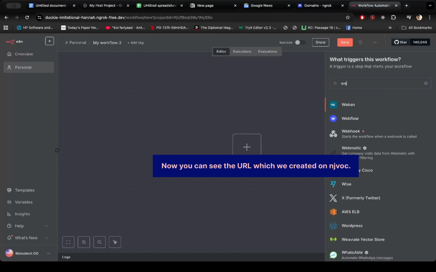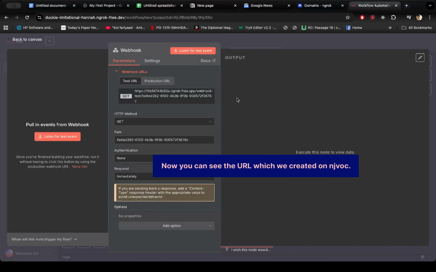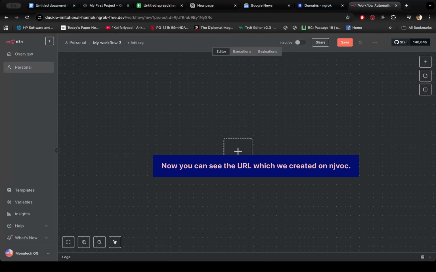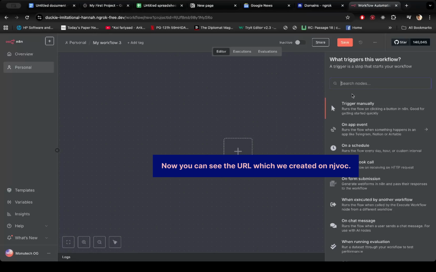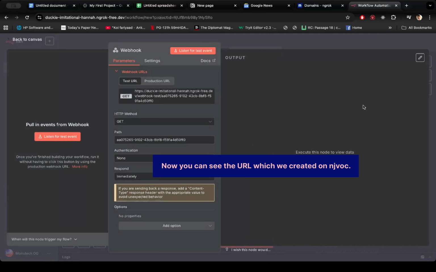Search for webhook. Now you can see the URL which we created on ngrok